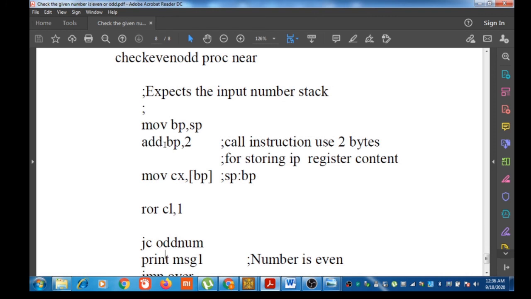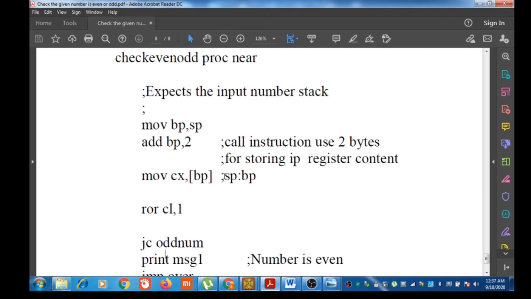After the add BP comma 2 instruction, we are executing the instruction move CX comma content of the location pointed by BP. The effective address calculation will be SS register into 16 plus BP.